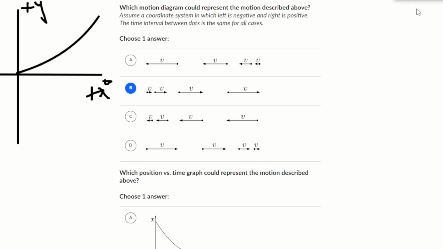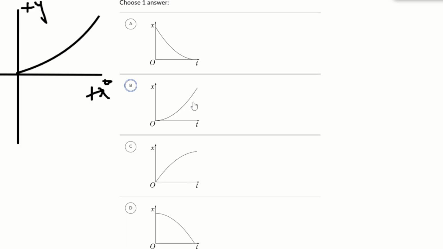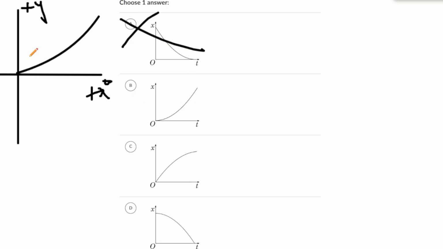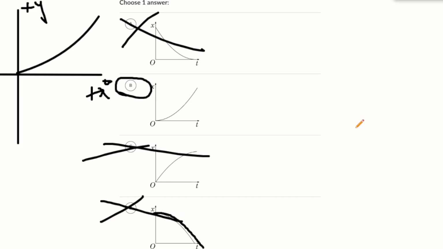So if we go look at our answer choices, we can see which one matches up with our graph that we created over here. Choice A does not work because it is decreasing, so we can cross out choice A. Choice B looks almost like an exact copy of what we have, so we can select choice B. Choice C has it increasing and then leveling off, like it's reached its max velocity, but we don't have a max velocity here, so we can cross out choice C. And choice D has it just decreasing again, so we can cross out choice D, leaving us with choice B